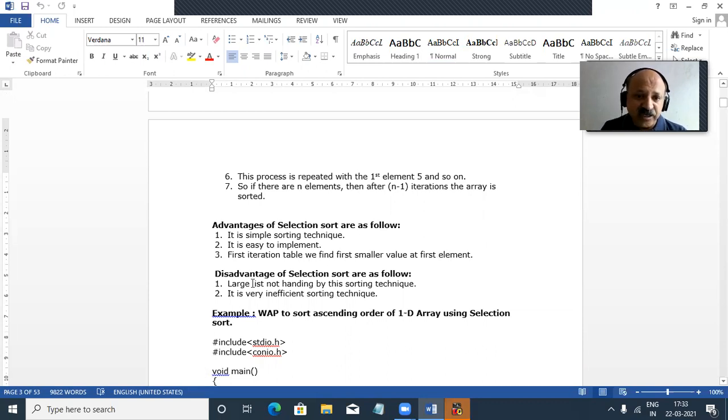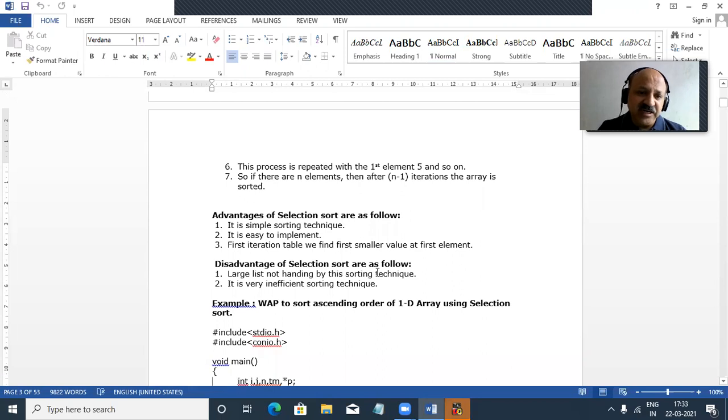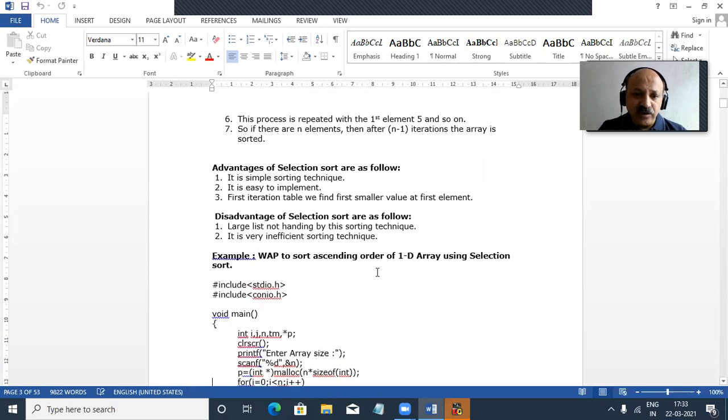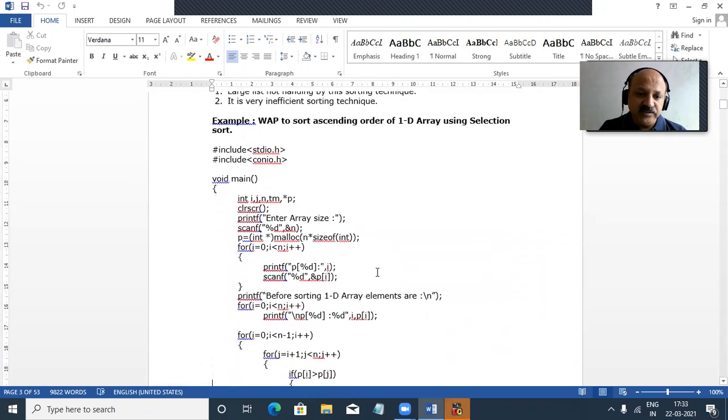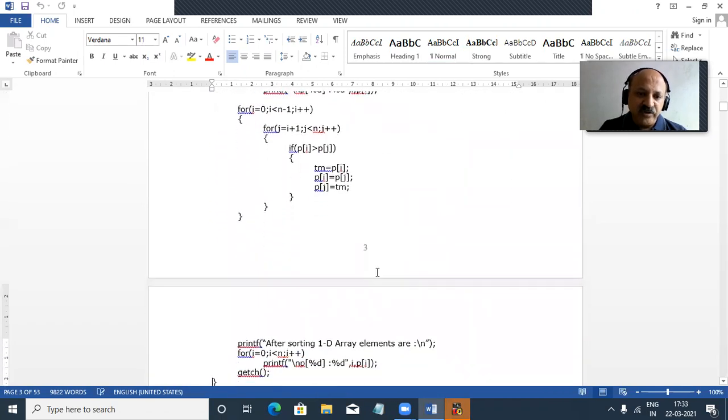The disadvantage is that selection sort cannot handle very large lists and is a very inefficient sorting technique. But compared to the advantages, it is a very simple sorting technique.